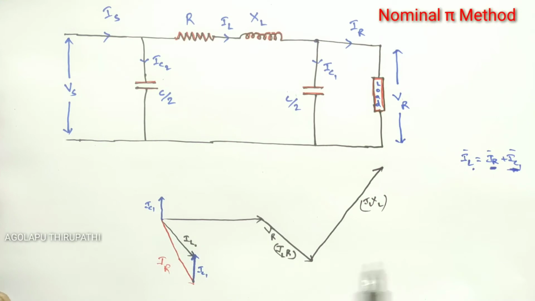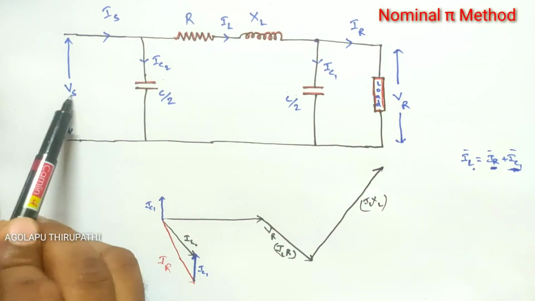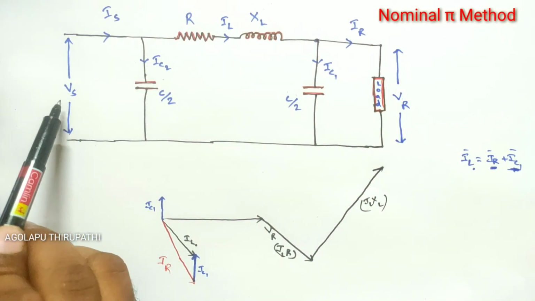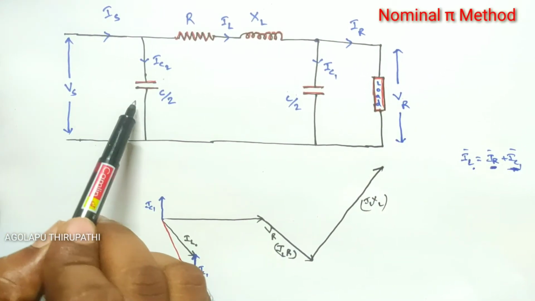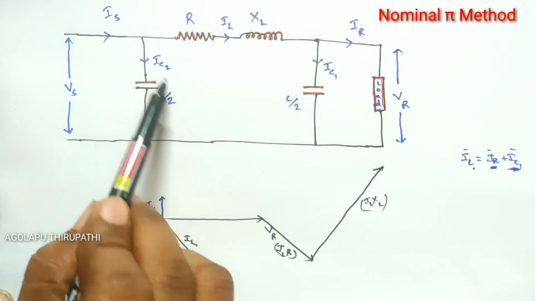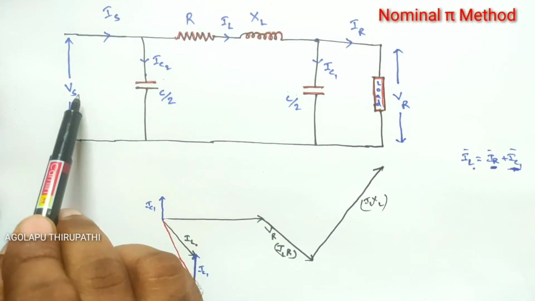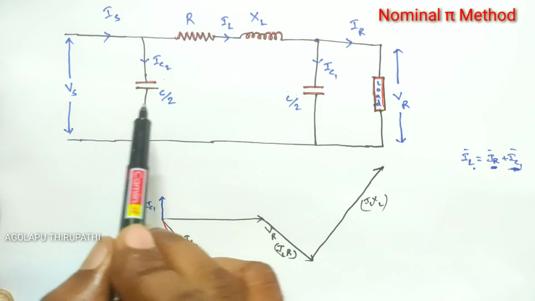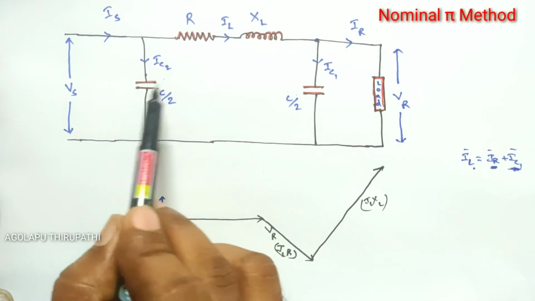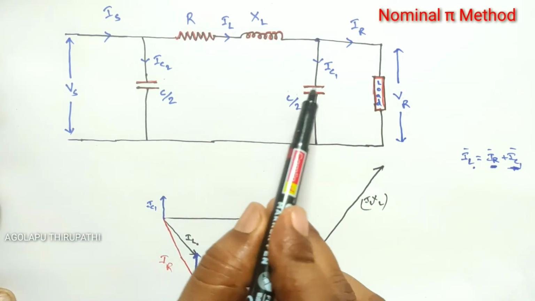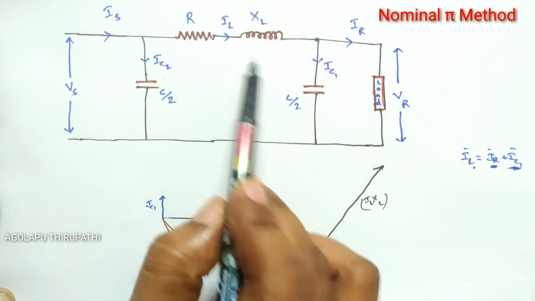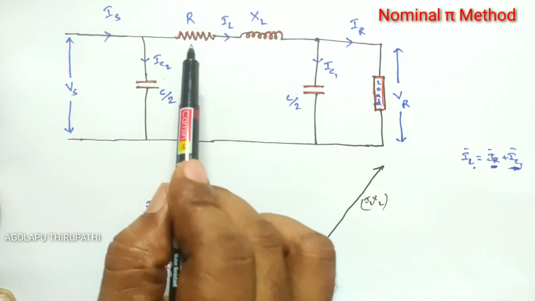Okay, so now the resultant of these three becomes VS. Because see here, this is the VS. These two are in parallel: the source side, meaning the sending end side, and the sending end side capacitor are both in parallel. So the voltage across the sending end side capacitor is VS only, right? From KVL, it is clear that VS is equal to the voltage across this particular capacitor plus the drop in the line. Yes or no?